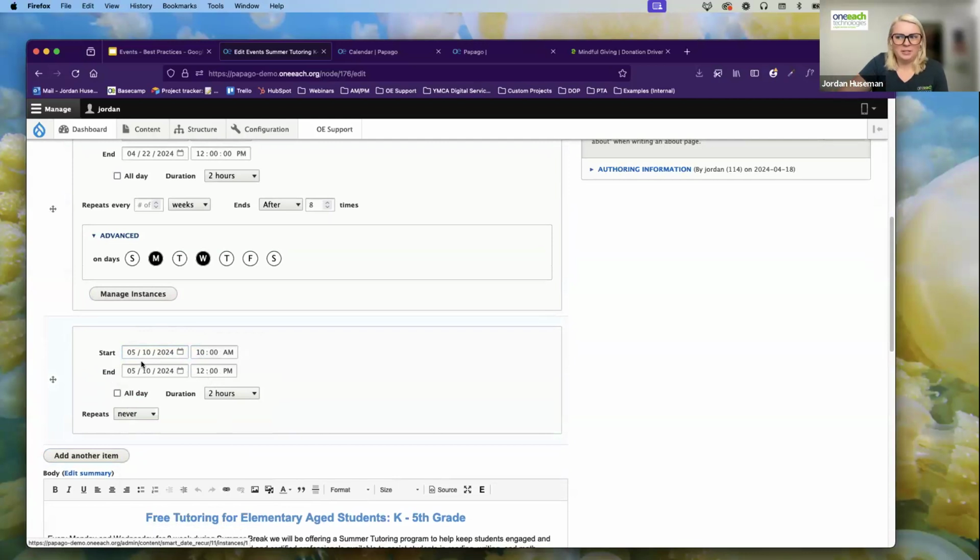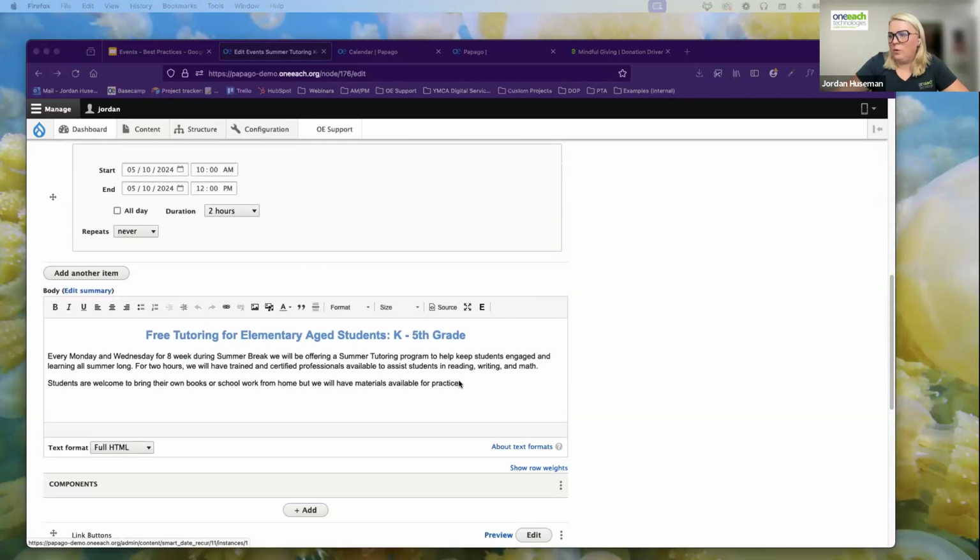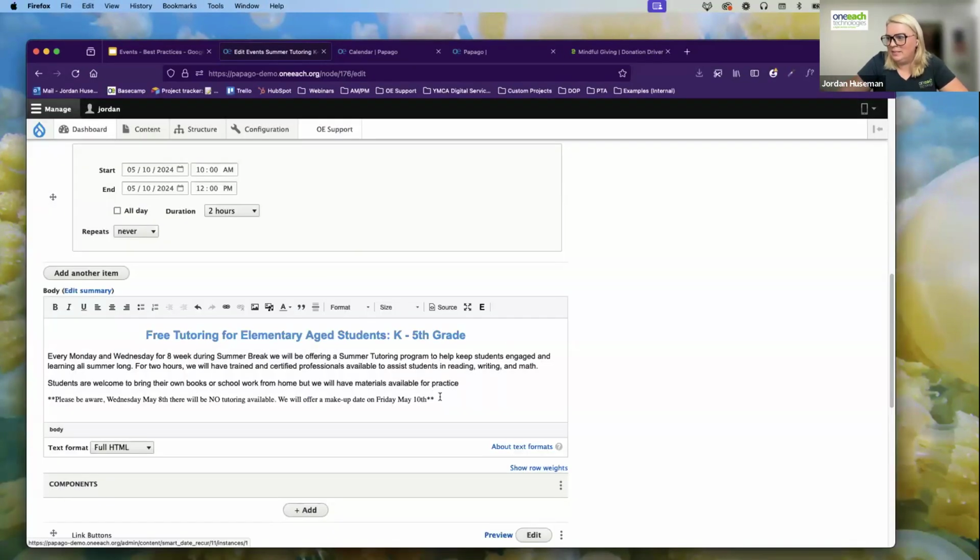to 12 p.m. That's just our makeup date. I don't need to put any repeating options on this one because it is just a one-off event. And when I do that, we probably want to just put a little note in the body area for those users that are looking at this event. Whoops. I didn't follow our own rules there of